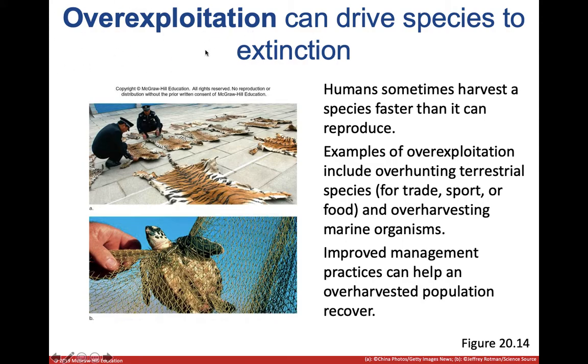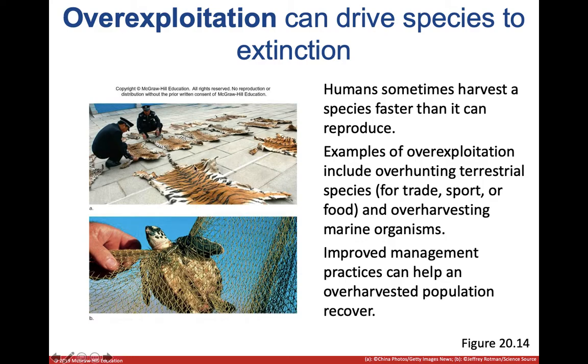Overexploitation is a massive problem through the animal and biodiversity problems with humans. We harvest animals faster than they can reproduce. Some organisms take years to reproduce, things like lions and tigers, and elephants and rhinos. And when we kill 50, 60, 70 of them a day, they can't have 50, 60, 70 babies a day. So eventually the population is going to start to go extinct, not be able to reproduce itself in time, and every single rhino killed will start to significantly impact the population of rhinos as a whole until eventually they will start to go extinct.